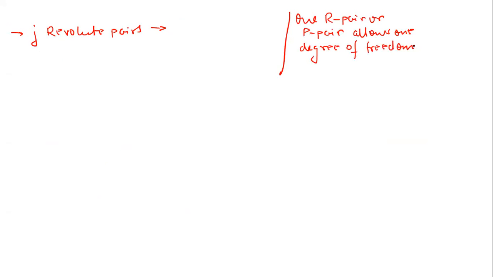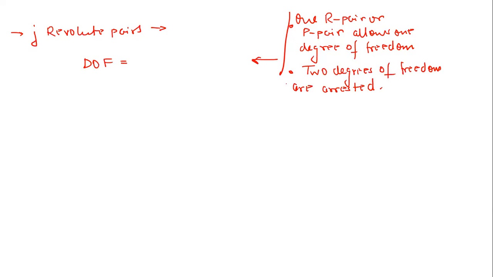So you might have seen when we discussed kinematic pairs that if there is a revolute or a prismatic pair, it will allow only 1 degree of freedom. So that means 2 degrees of freedom are arrested. Fine. So 2 degrees of freedom are restrained or arrested, right? So if 2 degrees of freedom are arrested, then just tell me now the degree of freedom of the mechanism,